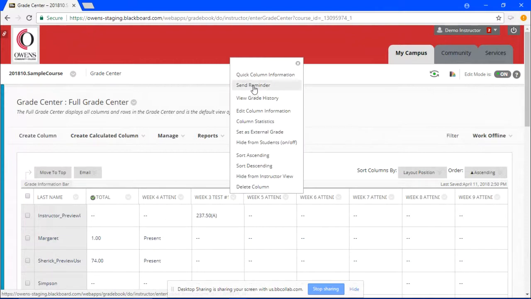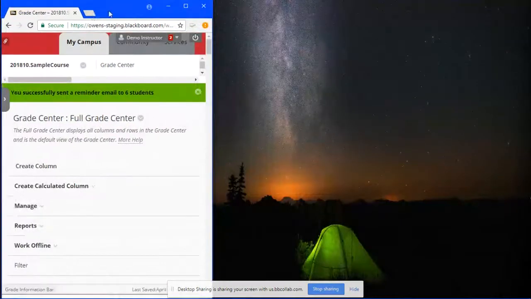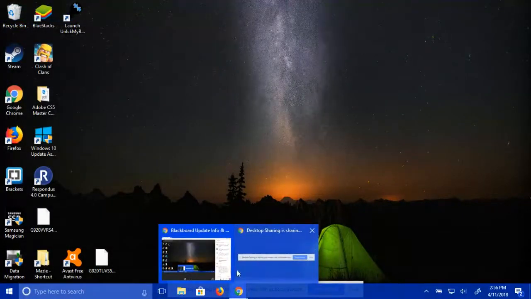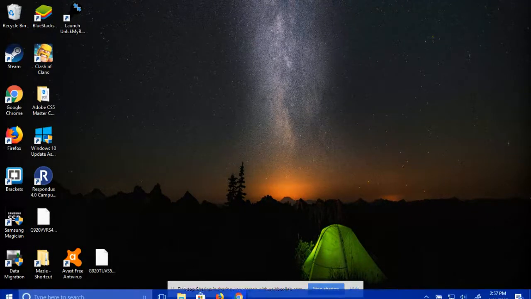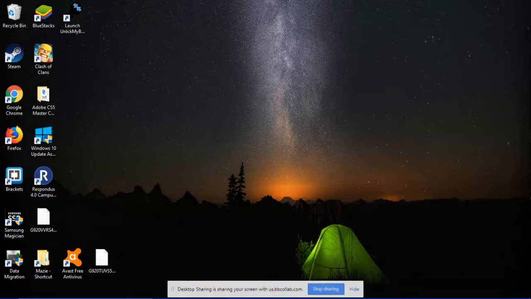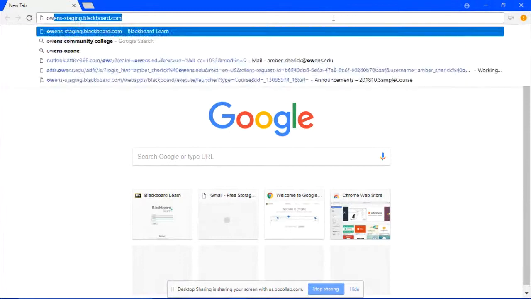I think I've got Maisie Margaret, so let me send a reminder. I'm sending a reminder to myself, so bear with me as I go through the, oh, darn it. Oh, okay, I thought it actually showed the message. It's generally just a very brief message, I think, that informs a student, whatever the column name is, you have not submitted an assignment for this appropriate column.